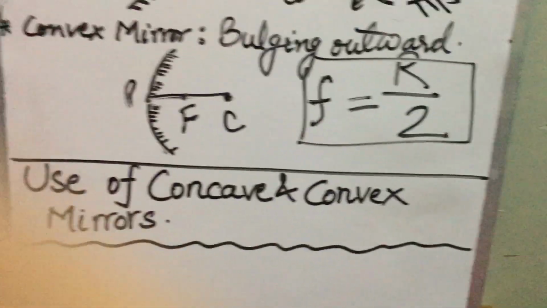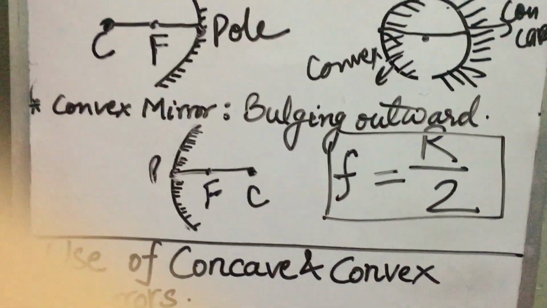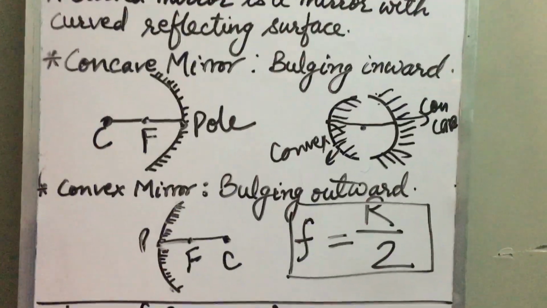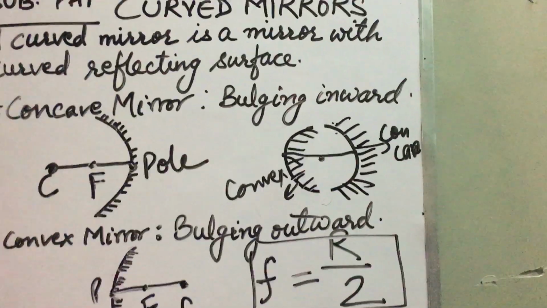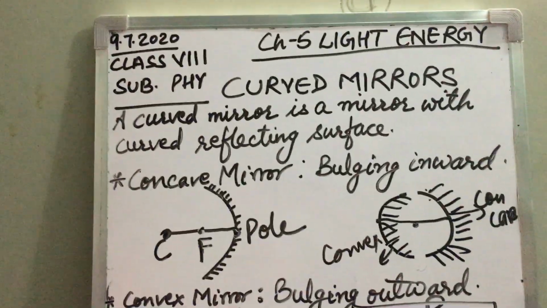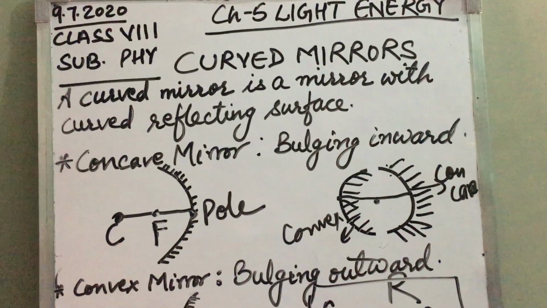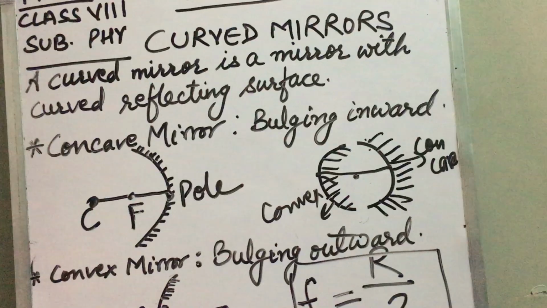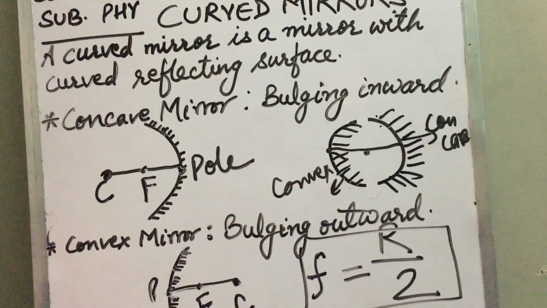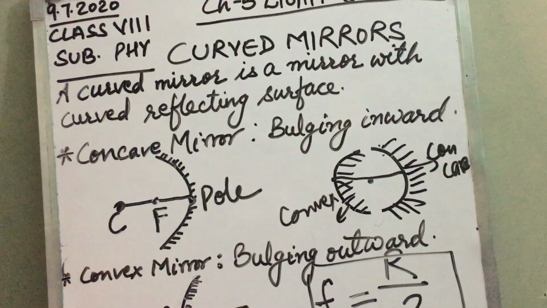Okay, children. Now see, children, uses of concave mirror. Now we are having many uses of these mirrors in our day-to-day life. Some of the uses I am going to discuss with you today. First of all, microscopes. In microscopes, concave mirrors are used to collect light from a lamp and shine it onto a slide containing a specimen so that it can be viewed through the magnification lens.